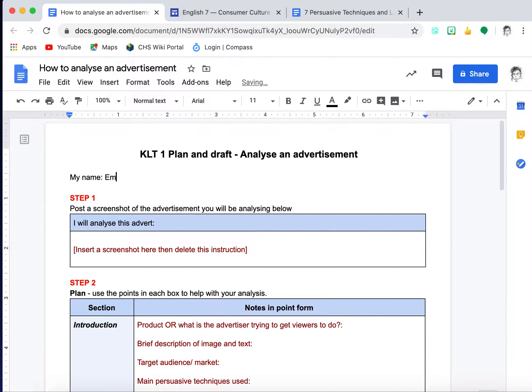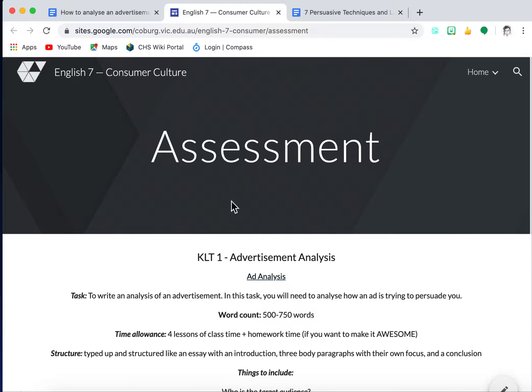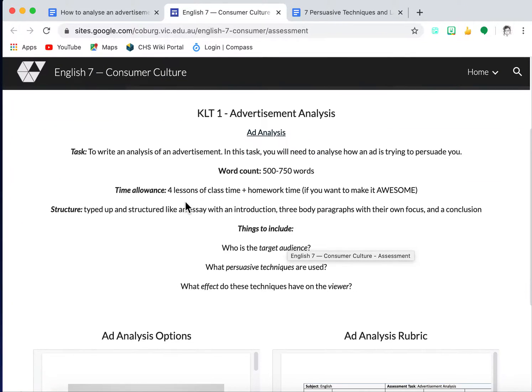So start with your name. I hope you don't get stuck on that part. But step one, you need to post a screenshot of the ad that you'll be analysing. Now, I've had a little bit of confusion about this. You can only choose from the 4 ads that are actually on our assessment. And if you have a look at the assessment site,